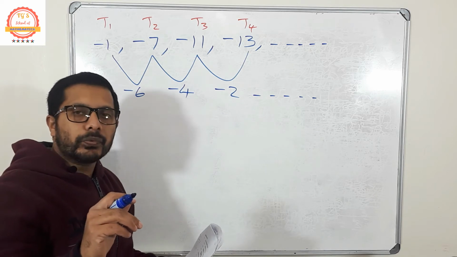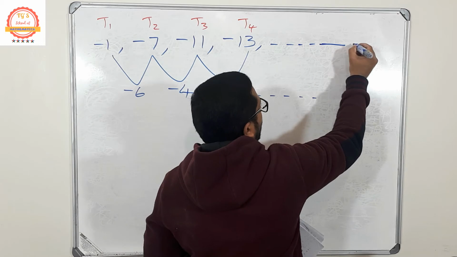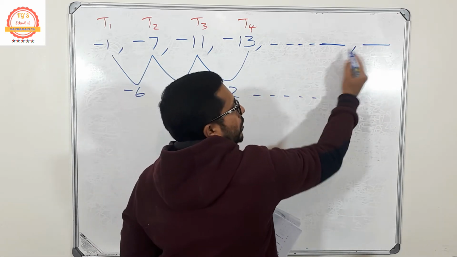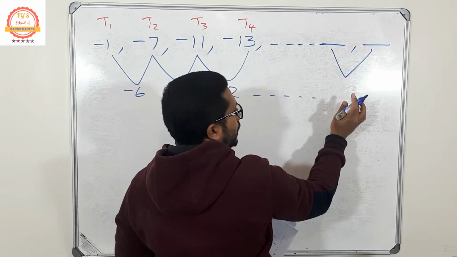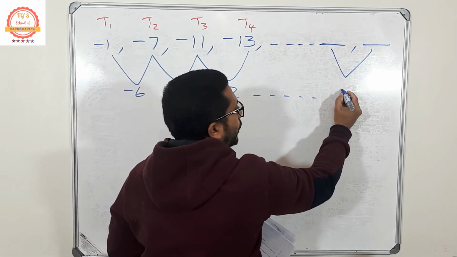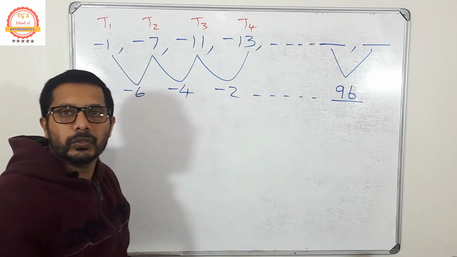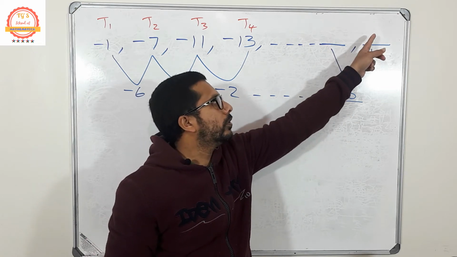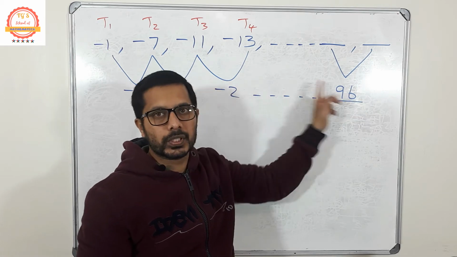So here also, now read that question. The first difference between two consecutive terms of the sequence. These are the two consecutive terms. Assume that these are the two consecutive terms, and they are saying that the first difference is this one. This is known as the first difference, and the first difference is 96. You understand? So when you subtract these two consecutive terms, the answer is 96. This is the first difference.